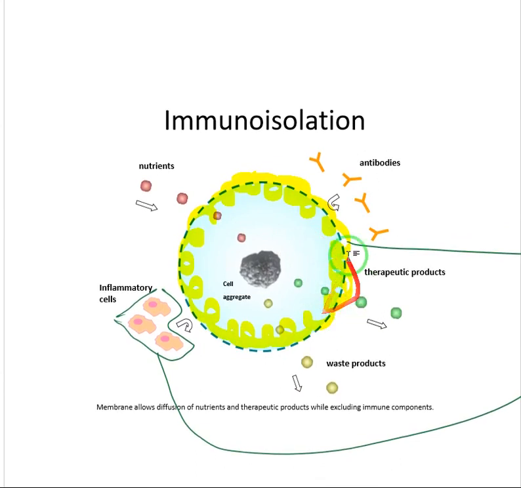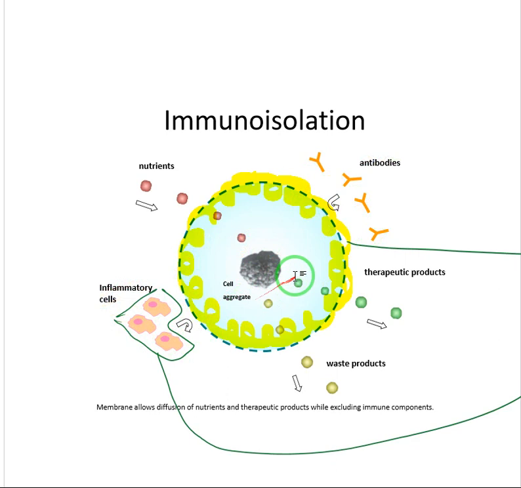As you see here, the hydrogel, the matrix in which the cell has been encapsulated, is semi-permeable. You see here that the small materials, the nutrients which are essential for the cells, can easily diffuse inside the matrix, and the therapeutic products and the waste products then can diffuse out of this semi-permeable matrix. On the other hand, for the antibodies and the inflammatory cells of the immune system, which